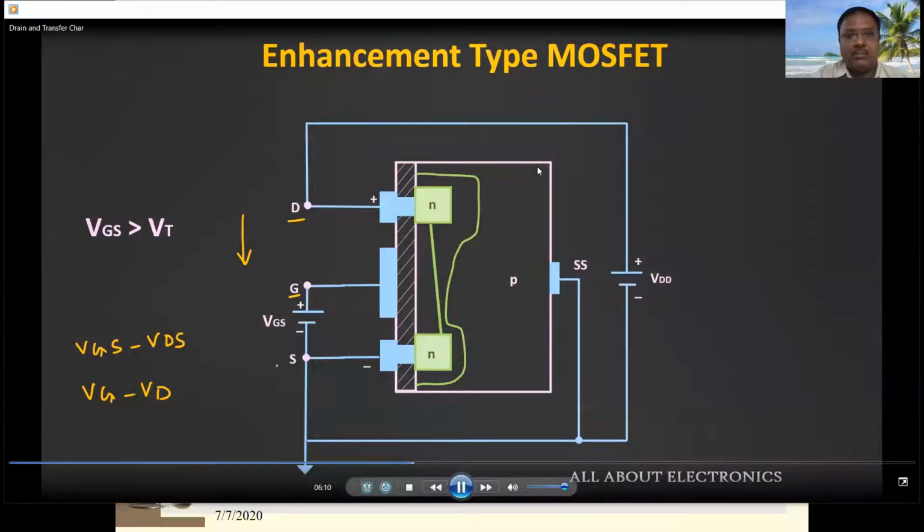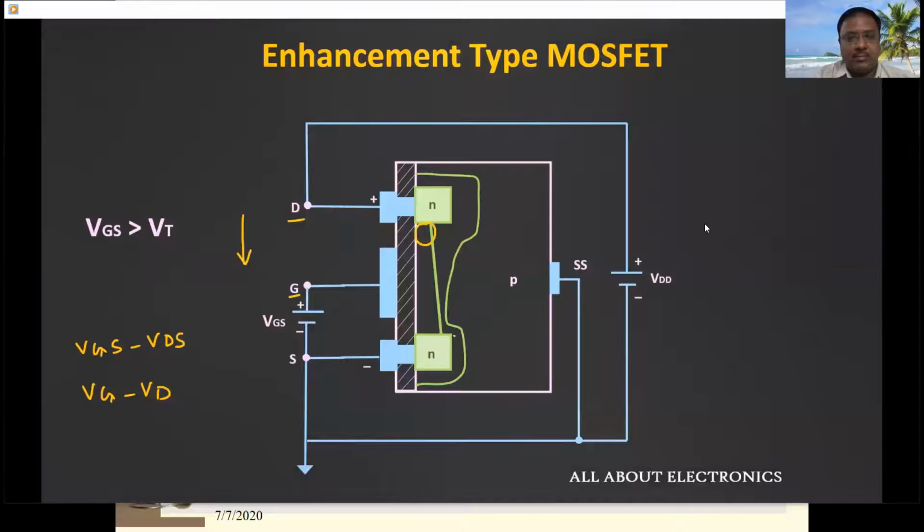On the other hand, this source terminal is connected to the ground terminal. So the voltage difference between the gate and the source terminal will remain as it is. So due to that, the gate terminal towards the drain side will be less positive than the other side, and hence this region will attract fewer electrons compared to the other side. And due to this reason, the channel width gets narrower as we go from the source terminal towards the drain terminal.